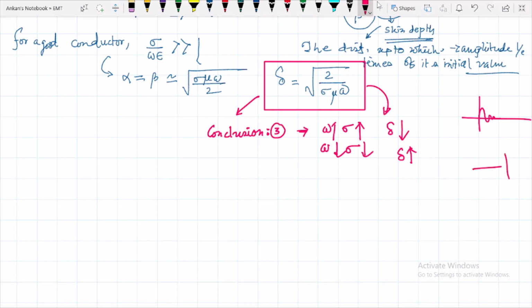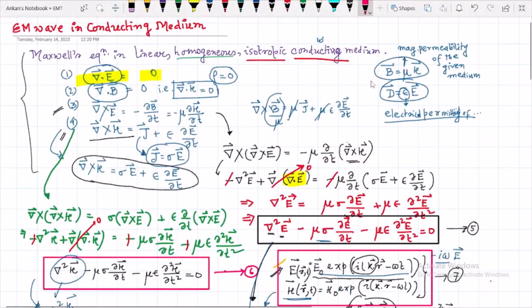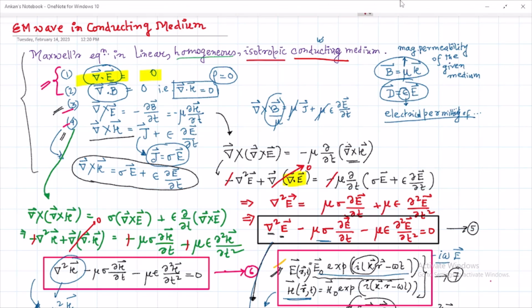That is, the skin depth will get high. Now let us prove our previous properties that we have already encountered in case of dielectric and free space medium. These conclusions are drawn from 3 and 4. Now we are going to apply 1 and 2 condition. By applying 1 and 2 condition, you can get